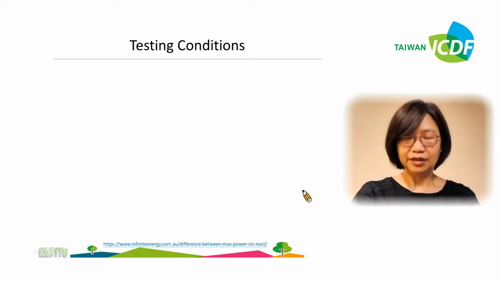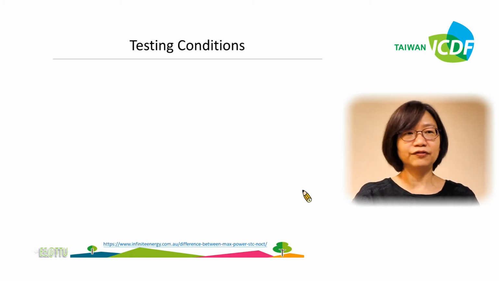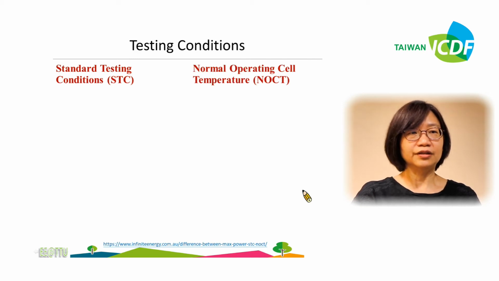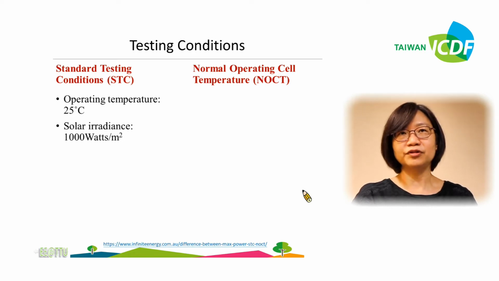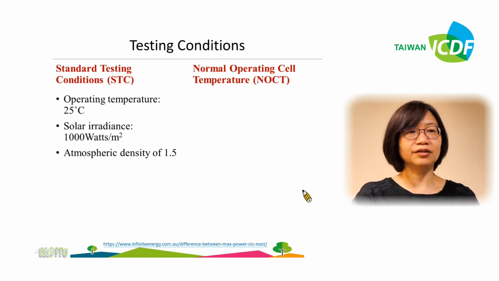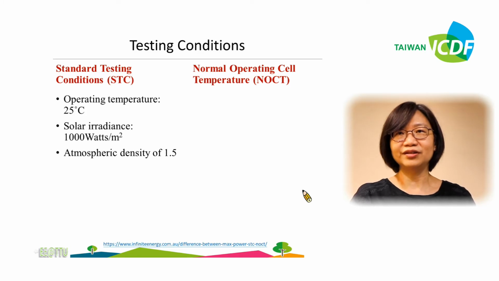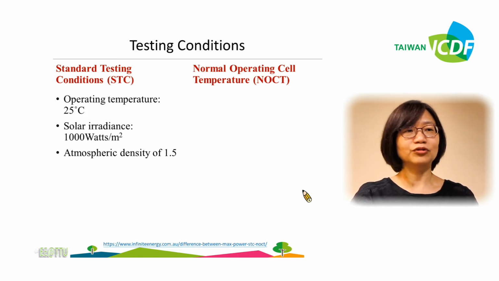The standard test condition for a solar module is defined as an operating temperature of 25 degrees Celsius, solar irradiance of 1 kilowatt per square meter, and an air mass of 1.5. This is considered a bright sunny day with a moderate temperature. However, in reality,